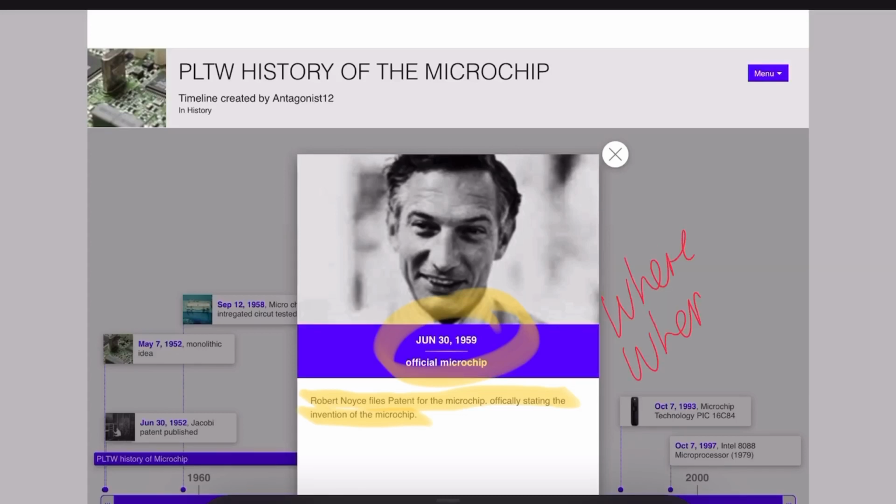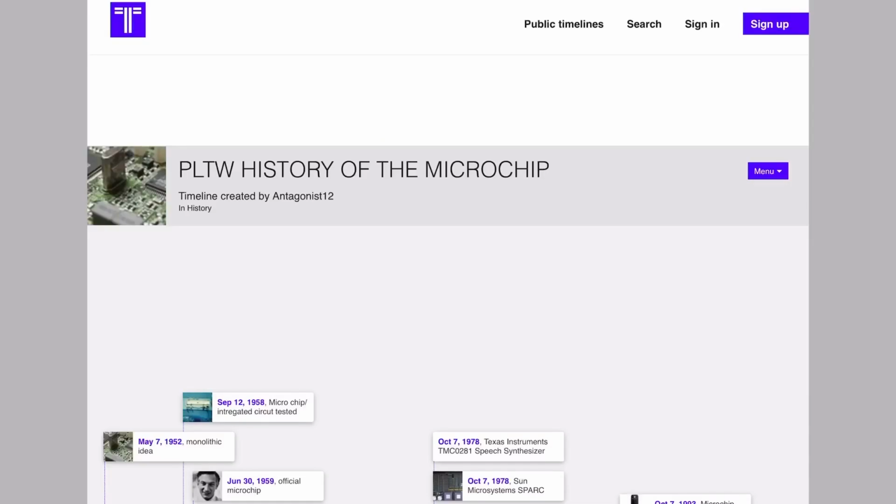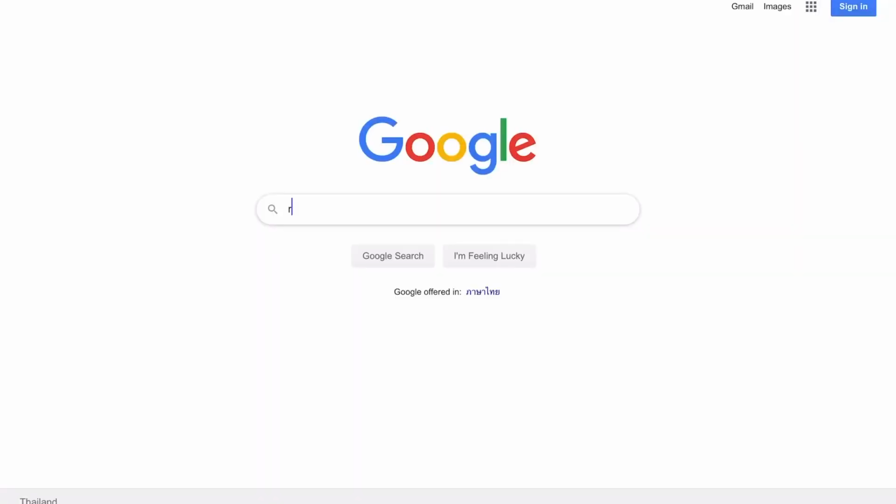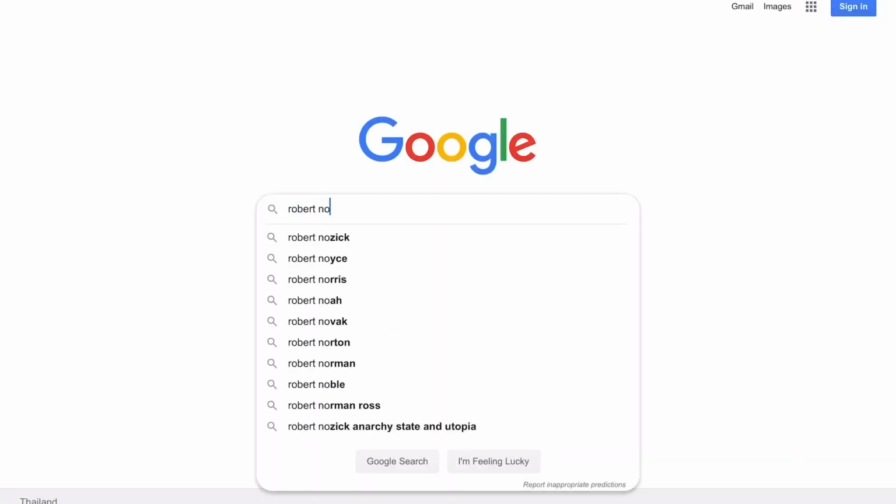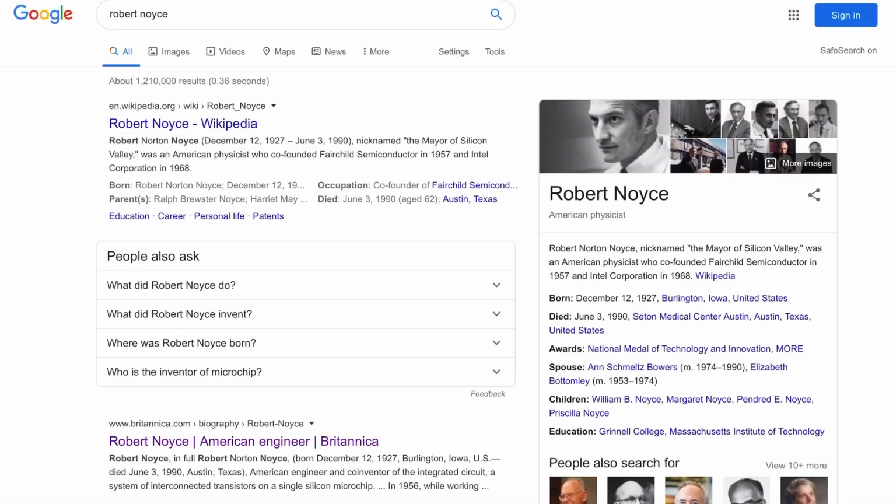And what I actually want to do is find Robert Noyce with a search that has got Robert Noyce in this order. Now, if I do a search for Robert Noyce, obviously I will find him on that page.